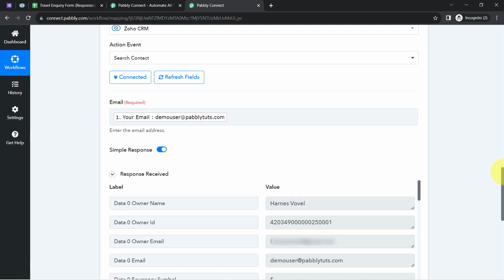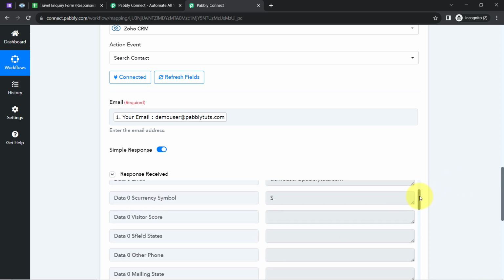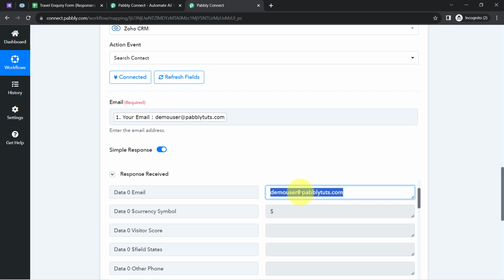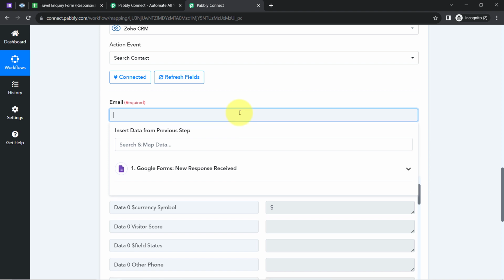And here you can notice the response is received, and that response consists of the email address, the same email address. That means this person already exists according to our automation also. Okay, so in this way the second step of our automation is done. Now let me show you that case also where the same person does not exist already in our Zoho CRM. So this time I'm going to add some random email, something like